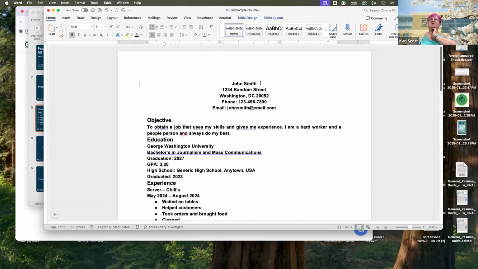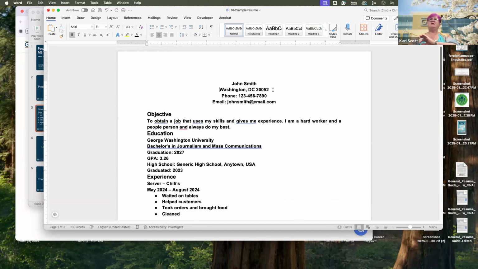Now, I see that John Smith has his street address on there. Having the street address on your resume is a holdover from when we used to mail resumes. And we haven't mailed resumes for about 20, 25 years now. So you don't have to have that. And that also means that you don't have to have your zip code. Just Washington, D.C. If you're looking for jobs in Washington, D.C., you want to do that. If you're looking for jobs in your hometown, you want to change that to your hometown. So you might have different resumes during the school year and the summer. If you're going to stay home in your hometown for the summer, you might want to have a resume with